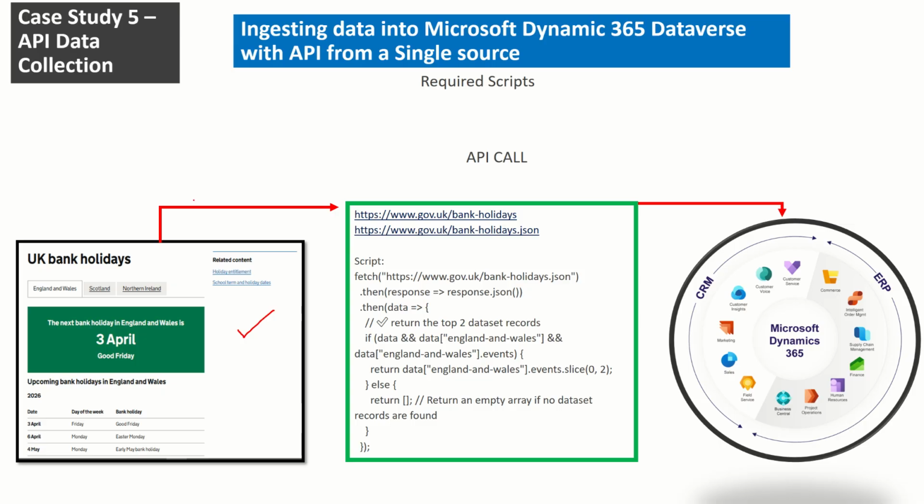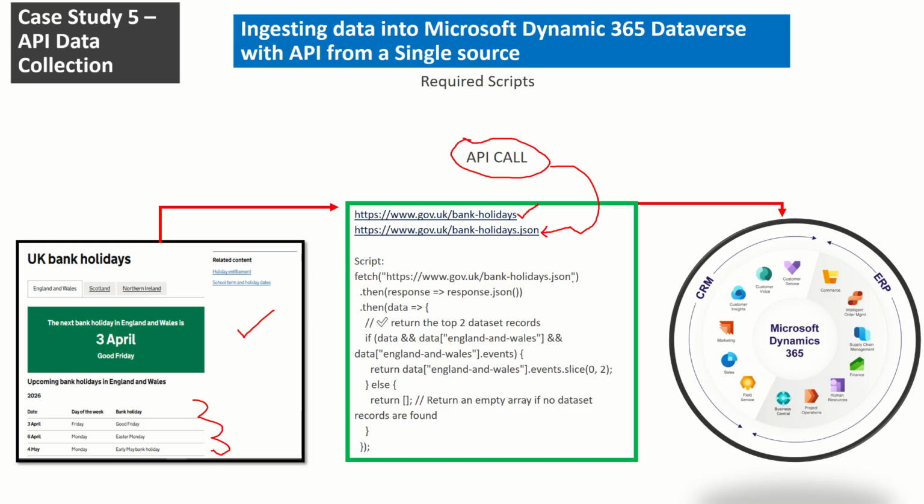The process is going to be from this particular website. As you can see, the arrow moving, it is going to get it. There's a provision of JSON, which means the website has accepted that every public user can use a JSON call, an API call, to get this information. Using this URL, the second bit, this particular URL here, that is the API call URL. And this URL is going to be